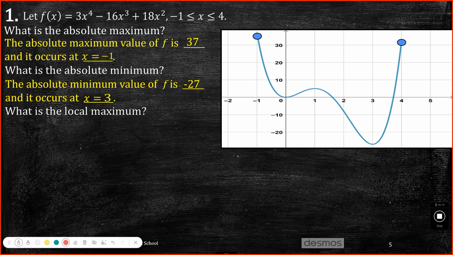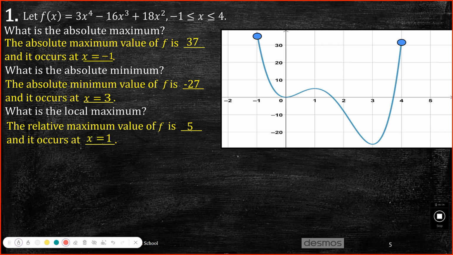What is the local maximum? Where does it occur? X equal to 1. So what are we going to do? F of 1. What is f of 1? 5. So the relative maximum value of f is 5, and it occurs at x equal to